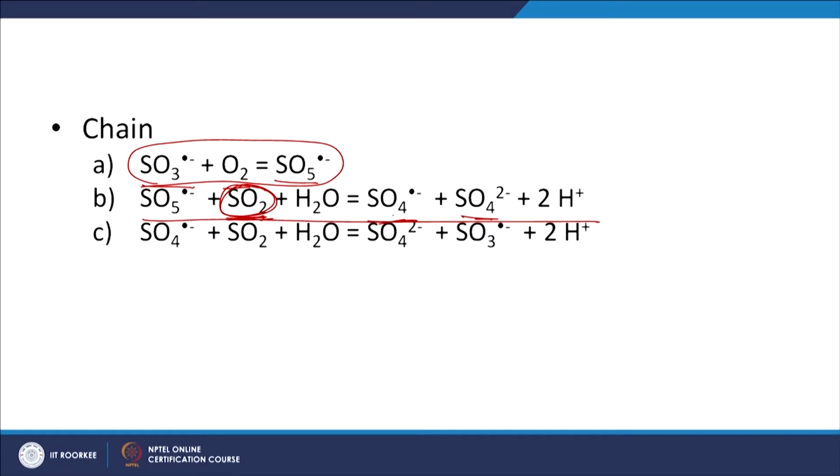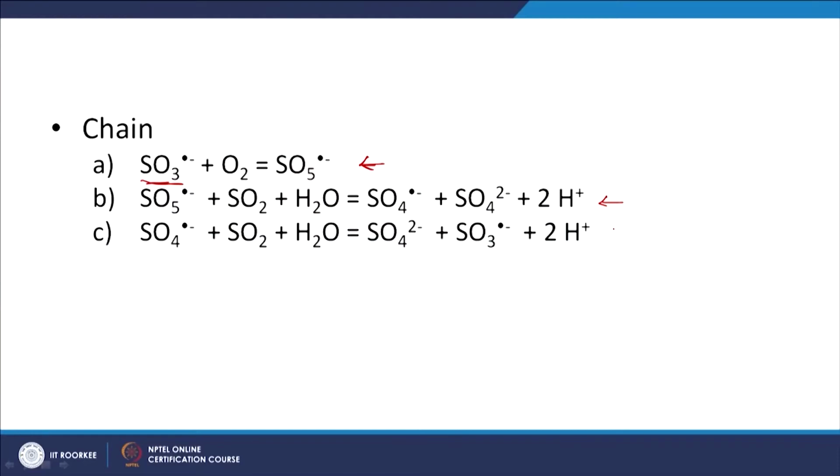So, in the next step, we have another aspect with respect to again SO2, oxidation of SO2 by the sulfate anion radical, and again SO4 2 minus and SO3 or sulfite anion radical being formed, right. So, these are the chain reactions that we see here. So, based on the sulfite anion radical formed when, let us say, UV leads to formation of this particular anion radical from sulfur dioxide, and then the relevant chain reactions. But if you look at the net reaction, let us see what it turns out to be.